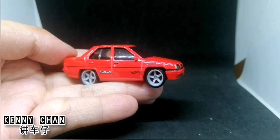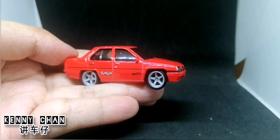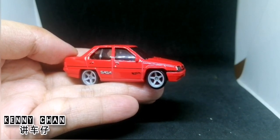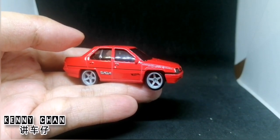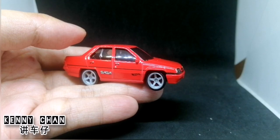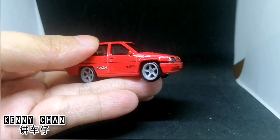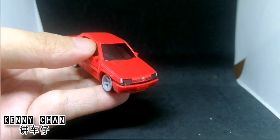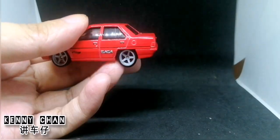Let's just say that particular gearbox is also not that well received in terms of maintenance. From my mechanic friends, he said that the Hyundai gearbox is not that great either. So there's that. And then the final one, which is the current one, the MC2, is my car. So the MC2 Saga, that one is so good, so good. So yeah, that's the Saga history, and that's the very simple review of the Saga diecast,